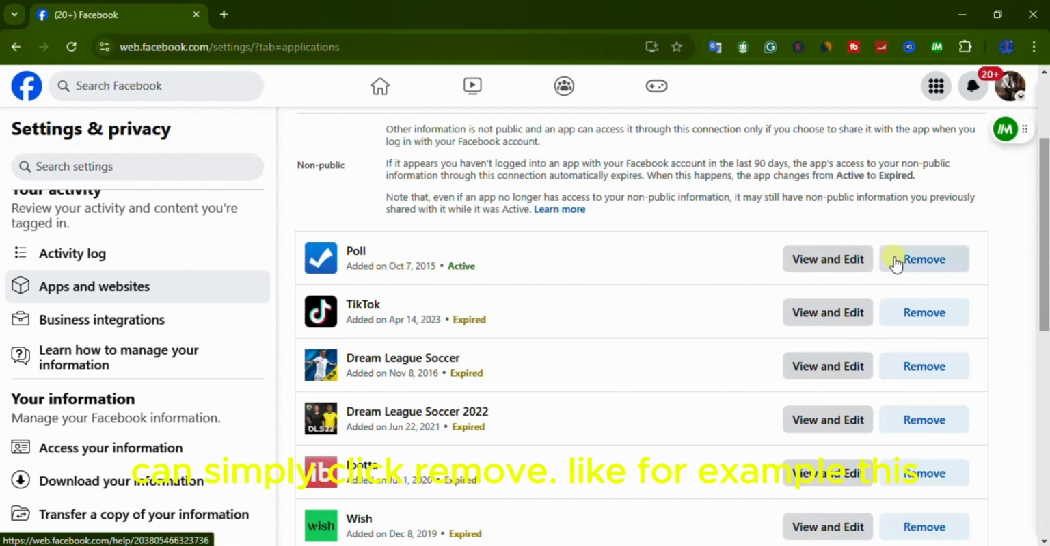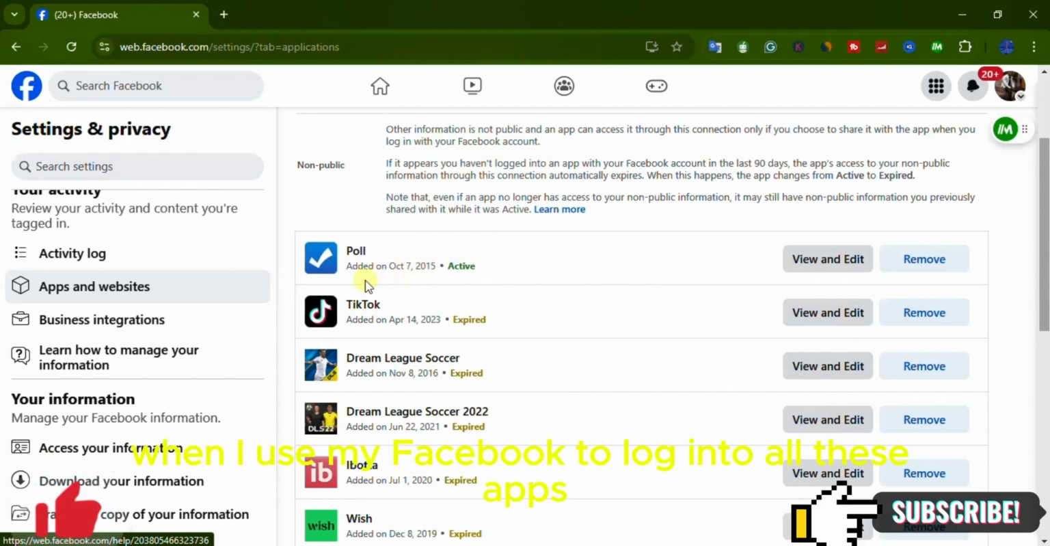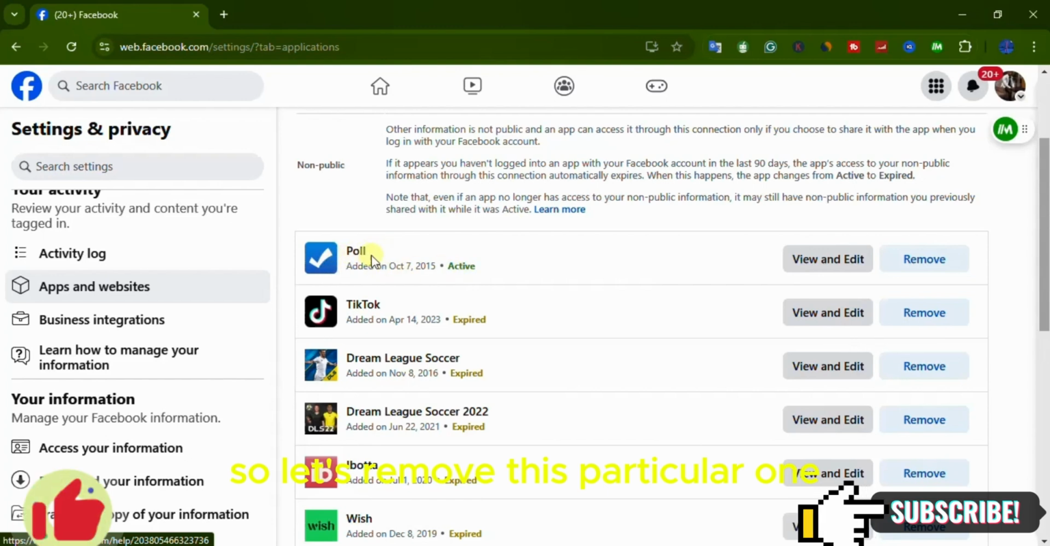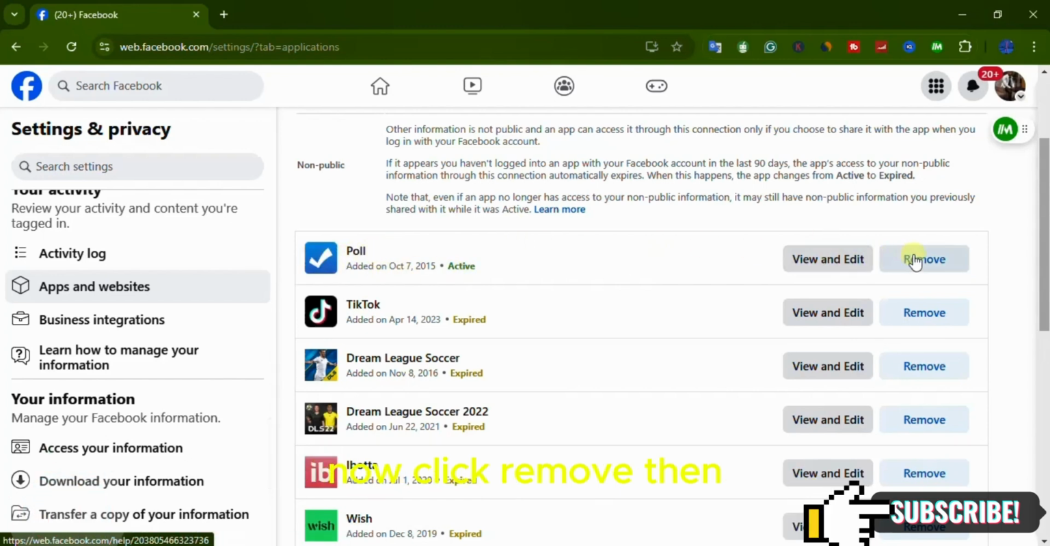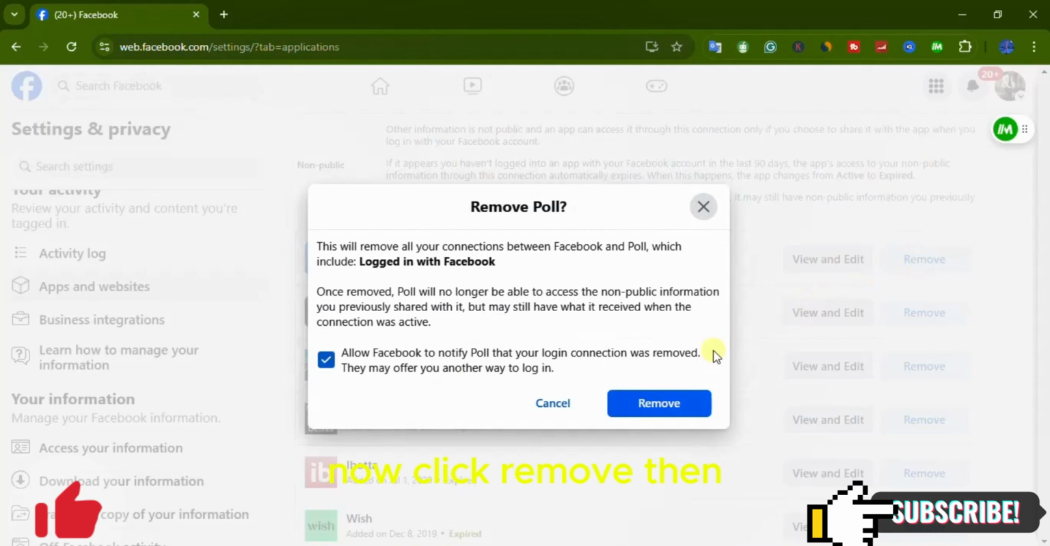You can simply click remove. For example, this poll, this particular one, I don't need it. I don't even know when I added all these things, or when I used my Facebook to log into all these apps. So let's remove this particular one now. Click remove, then